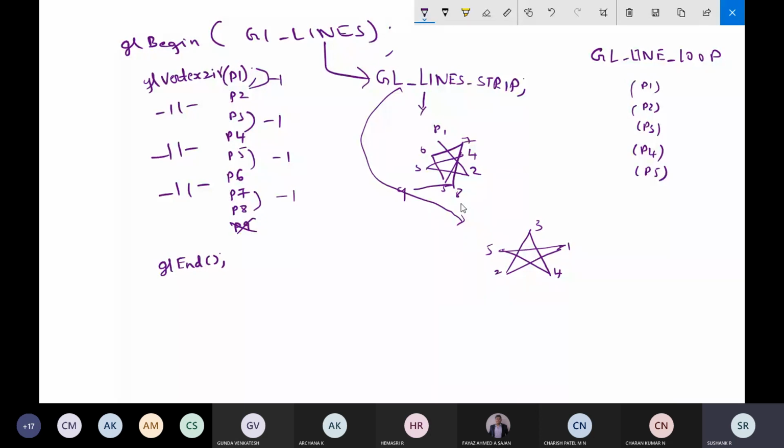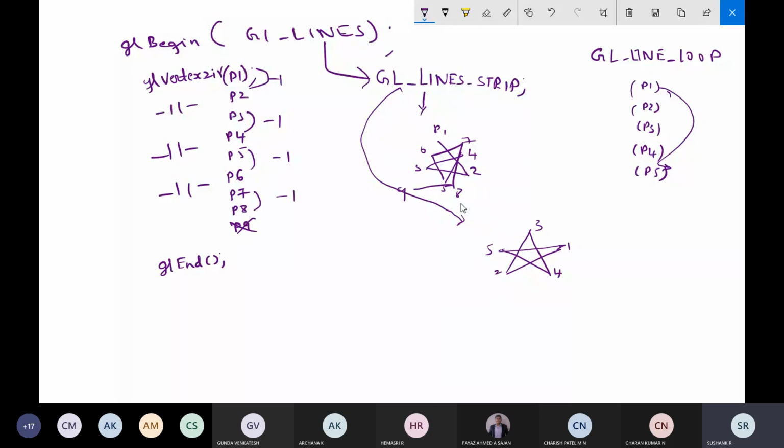That is the only difference in GL underscore line underscore loop. An extra line will be added to connect the last position and the first position, the coordinate points.